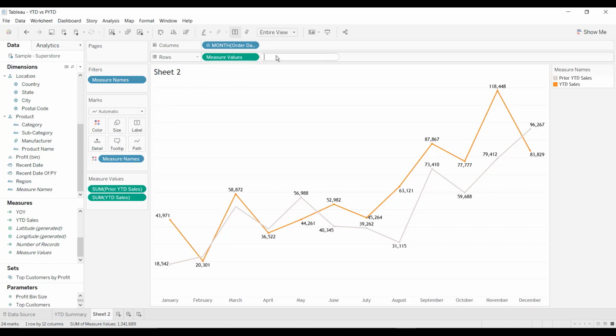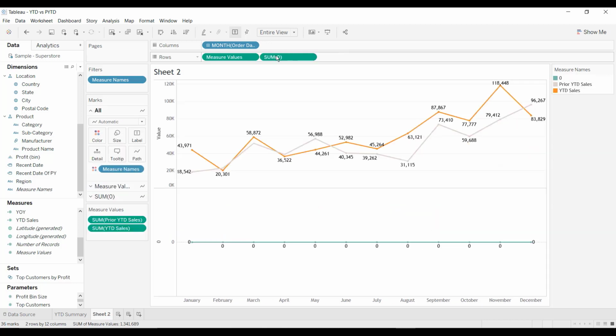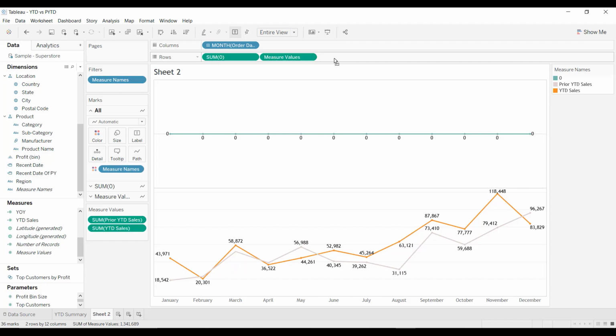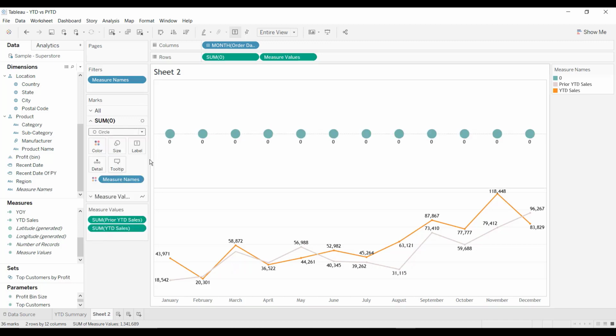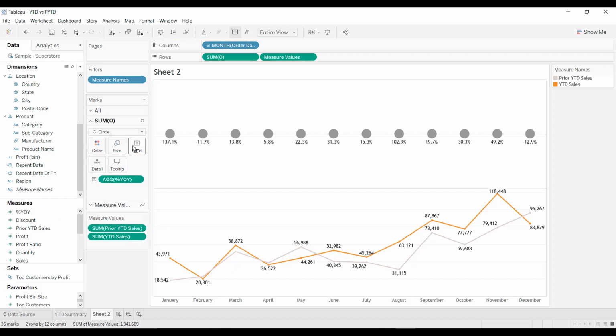So for that I will be adding sum of 0 and that should come before measure values. So now convert this into circle. Let me remove this one. Now within that I will be dragging and dropping percentage of YOY.